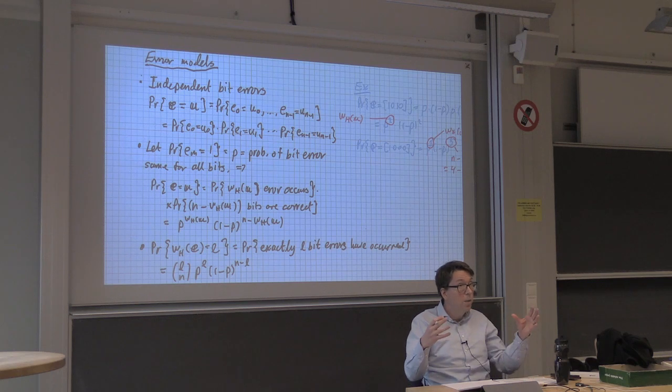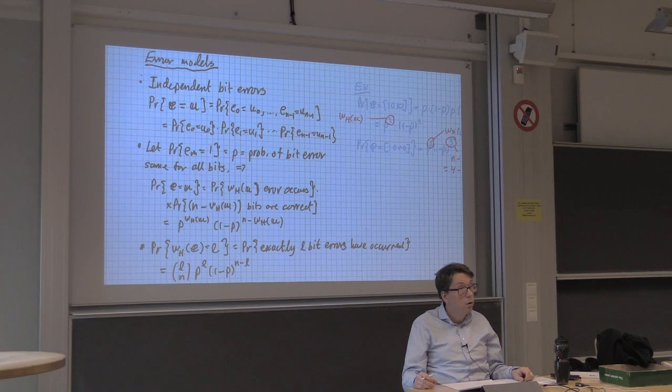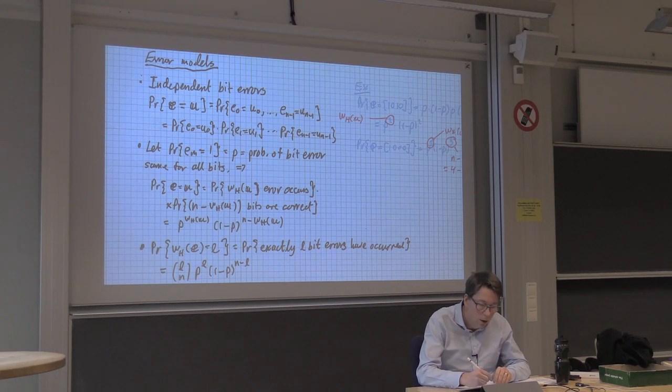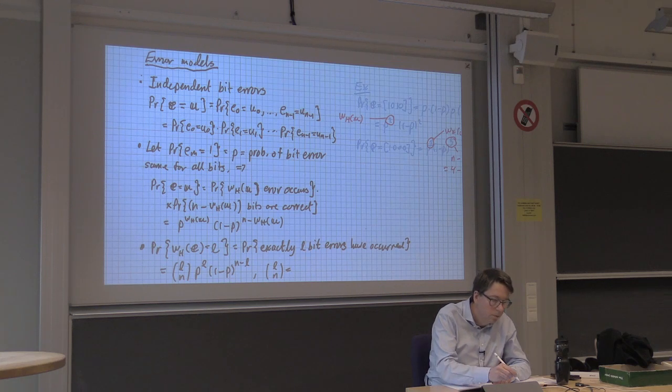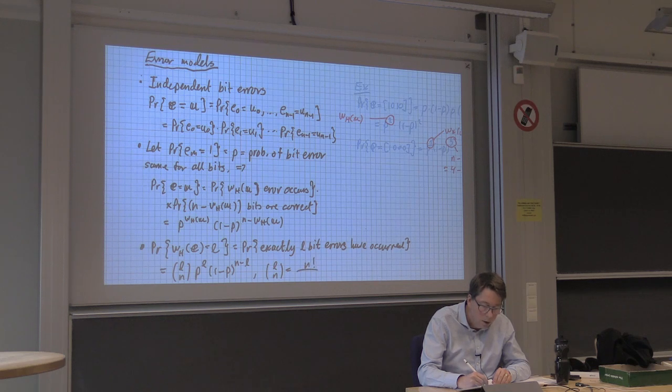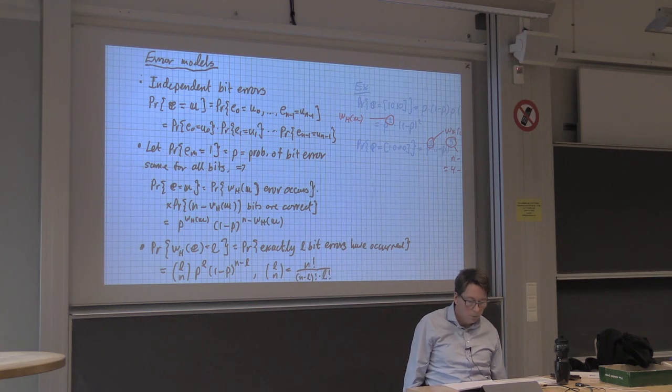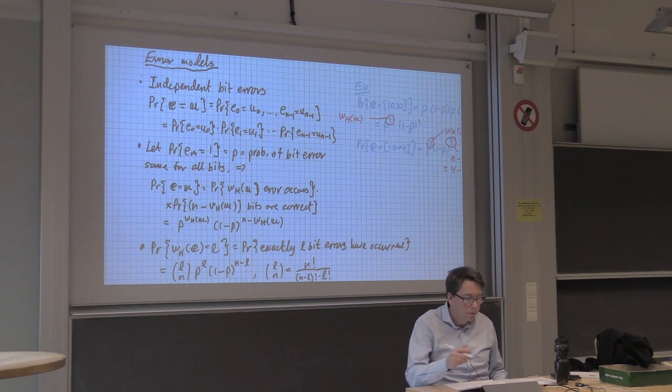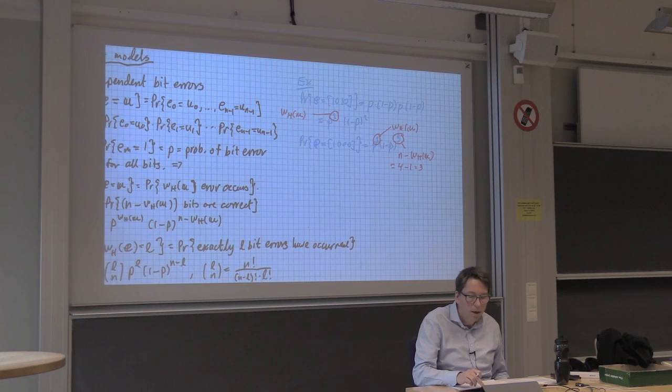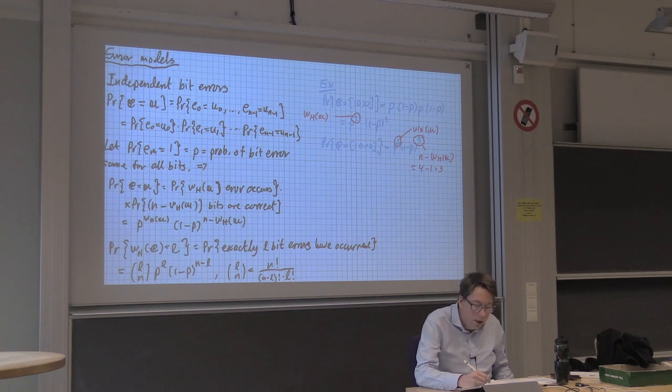Okay, so if we have an n-bit pattern, there are n choose L of those which have exactly L ones in it. Okay, so this is n factorial over n minus L factorial times L factorial. Like this. Okay, so it's the binomial coefficient. So if we go back to our example here, where n is equal to 4,